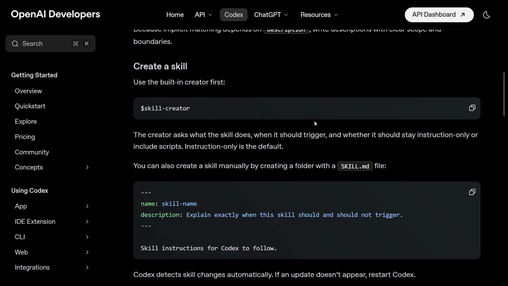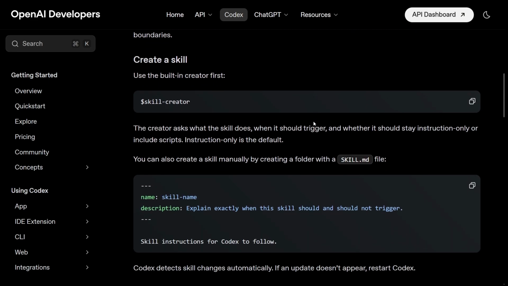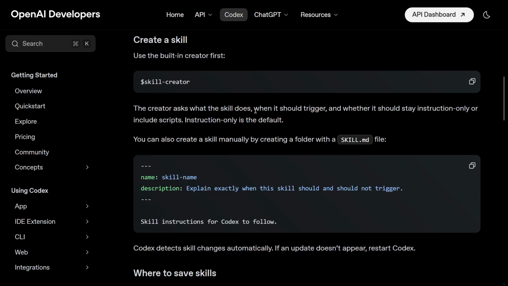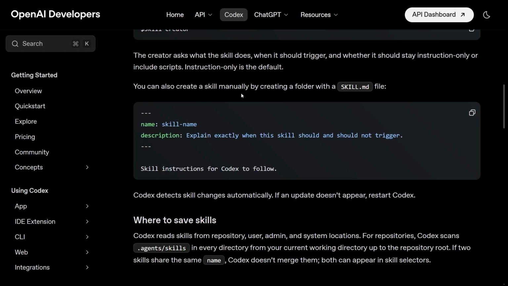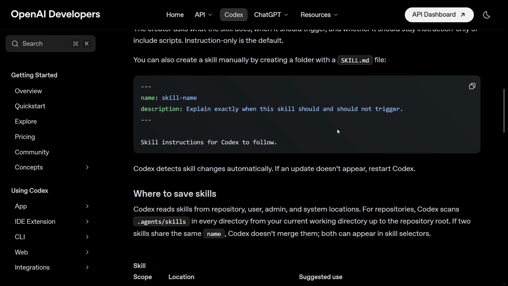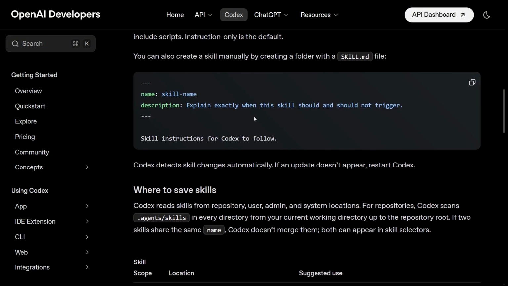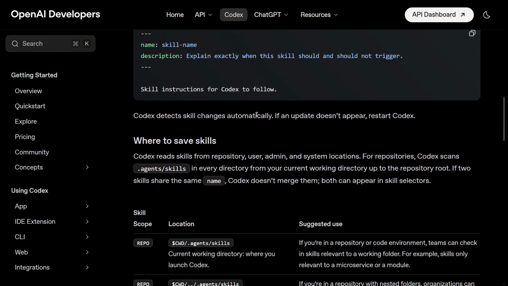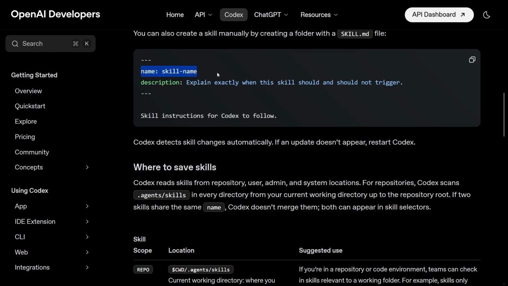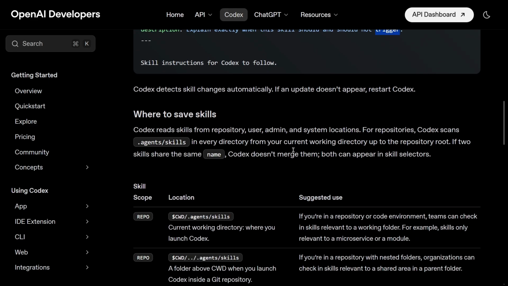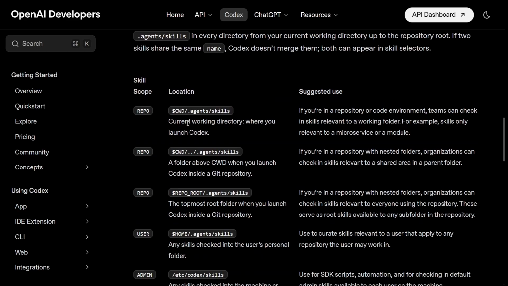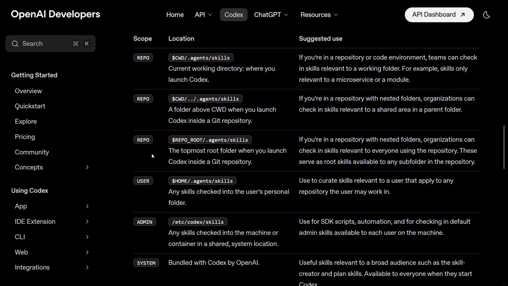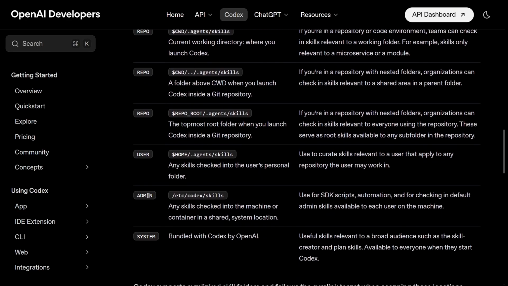Also, you can create a skill in two ways: using the built-in skill creator, or manually writing a YAML file like that, with name and description, how to trigger, and where to save skills: repo based, user based, or system level.